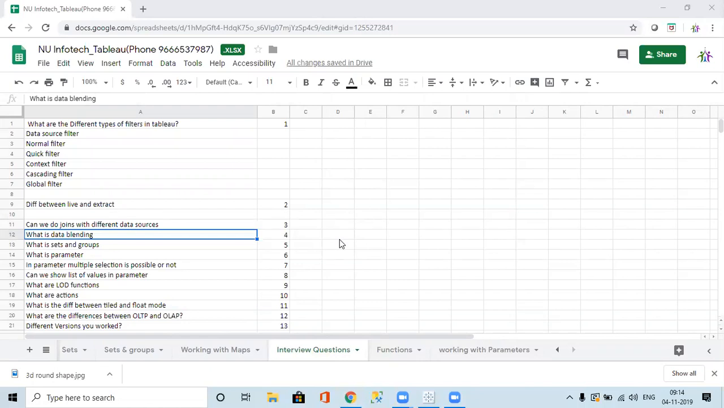If you want to connect multiple sources, multiple databases, how can we join them? If you want to join different multiple tables and multiple different databases, then we have to use a concept called